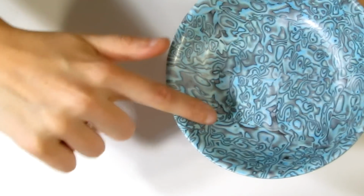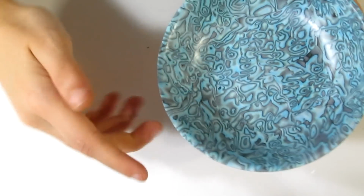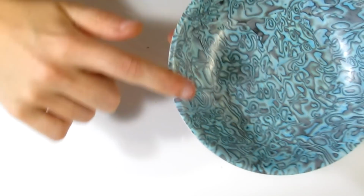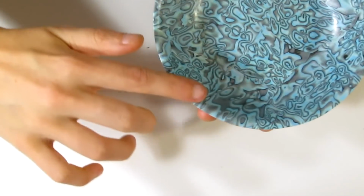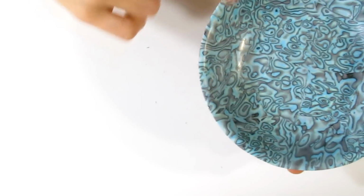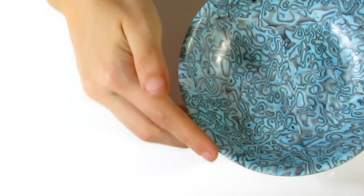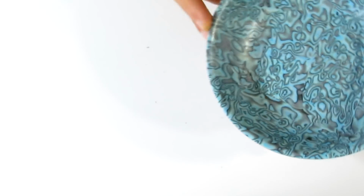Some projects I don't even need to sand because I don't have any fingerprints. I mean, if you're going to be putting a varnish or a finish on, like liquid clay or ice resin, sanding's only really necessary if you have really glaring areas, like a smear of another colour across the surface, or really big fingerprints. So a lot of projects you won't even need to sand if you take care of this before you bake it. Okay, now just go around one more time and smooth,